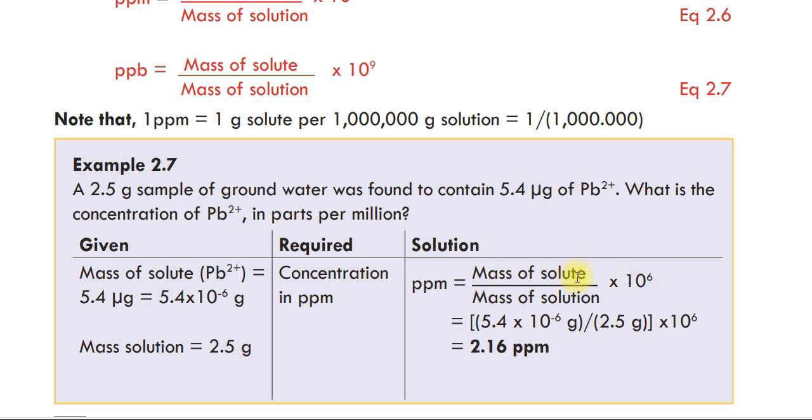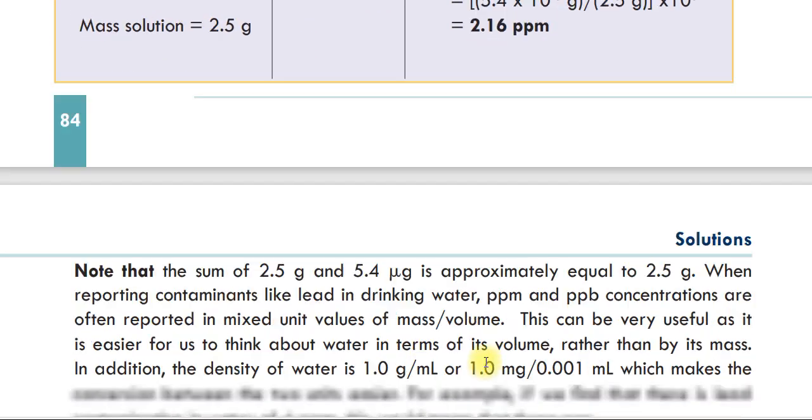ስለዚህ mass of the solute means 5.4 times 10 the power of minus 6 gram over mass of the solution means 2.5 gram, then times 10 the power of 6, which is 2.16 ppm okay or 2.16 over 1 million እንደማለት ነው 1 million እንደማለት ነው ስለዚህ እንደዚህ አድርገን በቀላሉ ካልኩሌት ማድረግ እንችላለን ማለት ነው